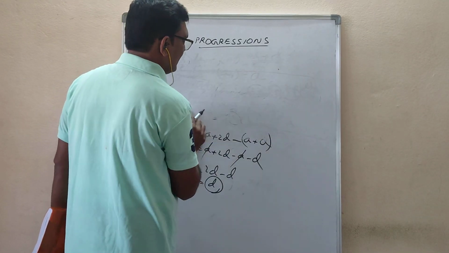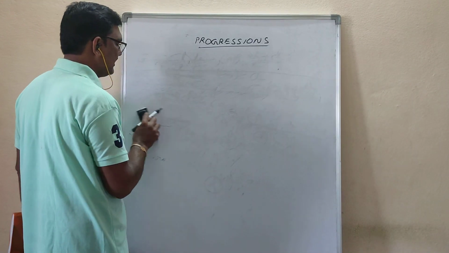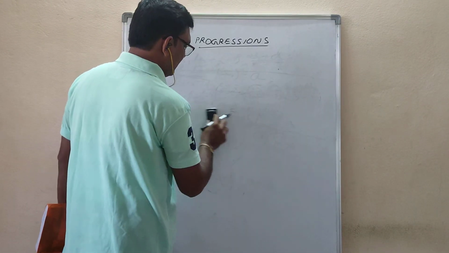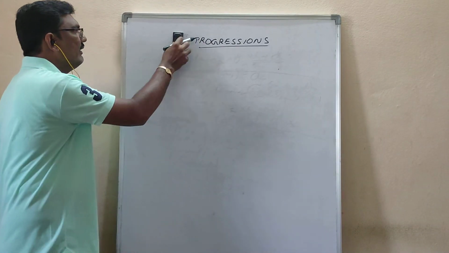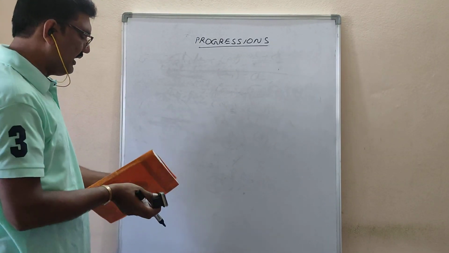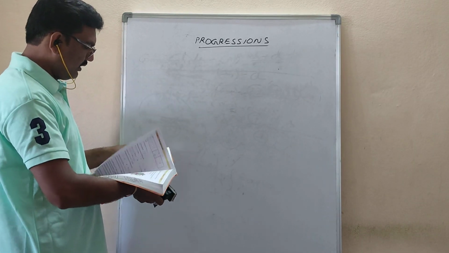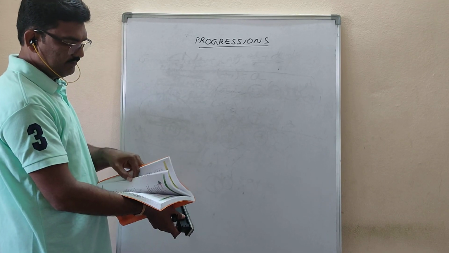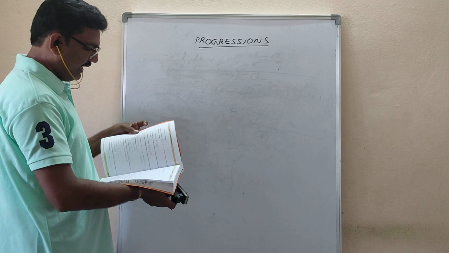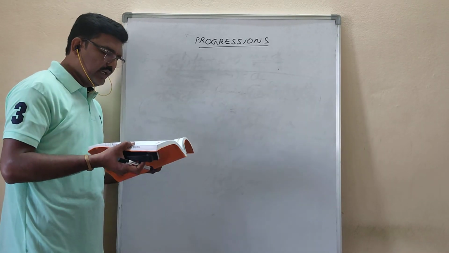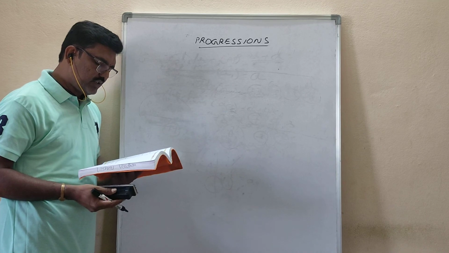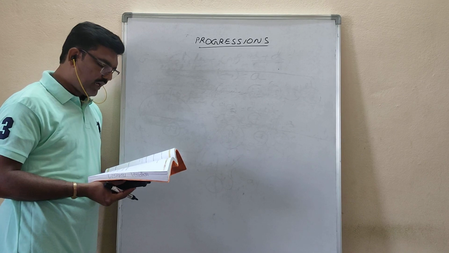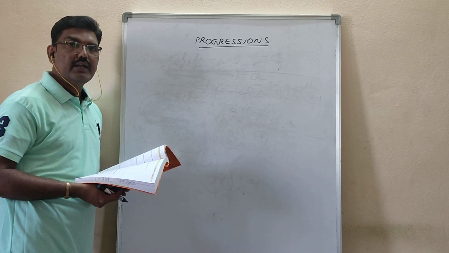Now, in the first exercise, conditions were given. Three or four problems were given for us, and they are asking whether they form an AP or not. I'll read the questions. Just try to see the textbook. Exercise 6.1, first question: In which of the following situations does the list of numbers involved form an arithmetic progression, and why?